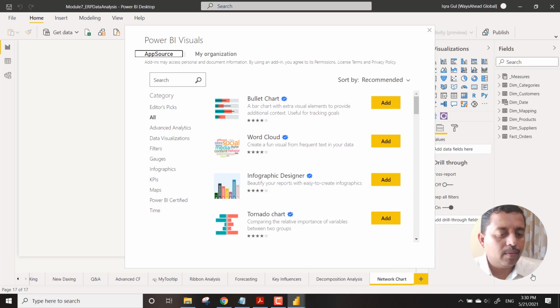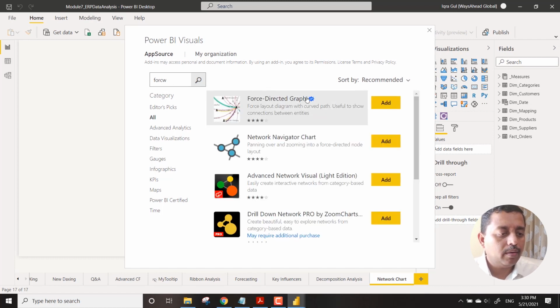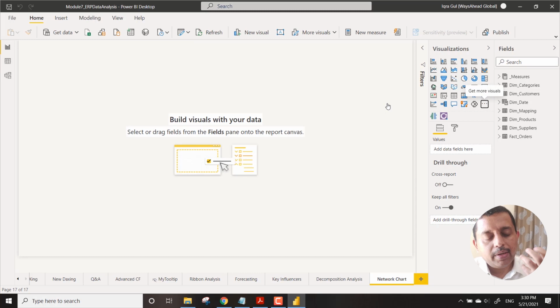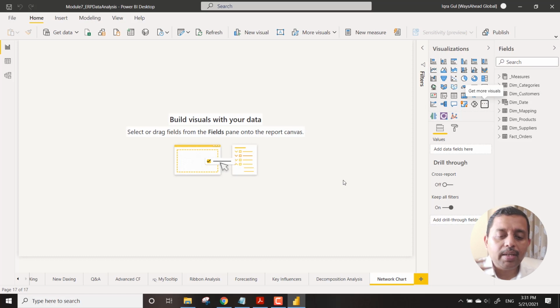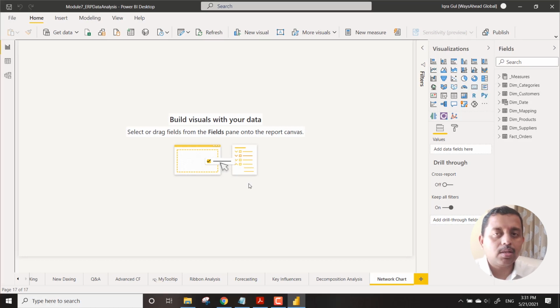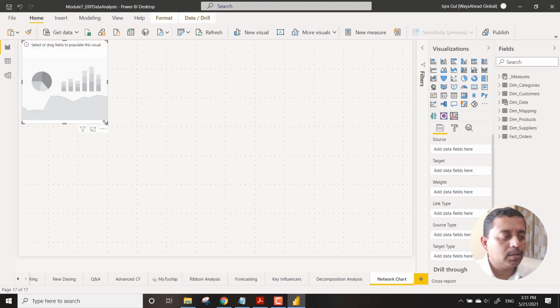I had to re-log in, so it's fine. We will just search for something called force directed chart. Anyway, it understood what I am talking about, and we get the network chart right here. There are many such charts that we have around Power BI's fraternity, or let's say the area that we can discuss. Network chart is one of them. I will put it short, in a nutshell, what it is all about.